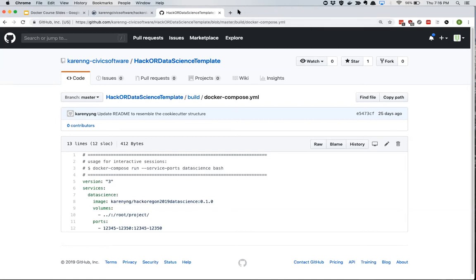So if you want to expose certain things from within the container to outside the container, let's say you have a Windows machine, but you're running something within the Linux container and you want to expose that to your Windows OS, then you can use Docker Compose to organize all those exposures. For example, Jupyter Notebook will use certain network ports for showing the website, so you would want to specify it. Otherwise,